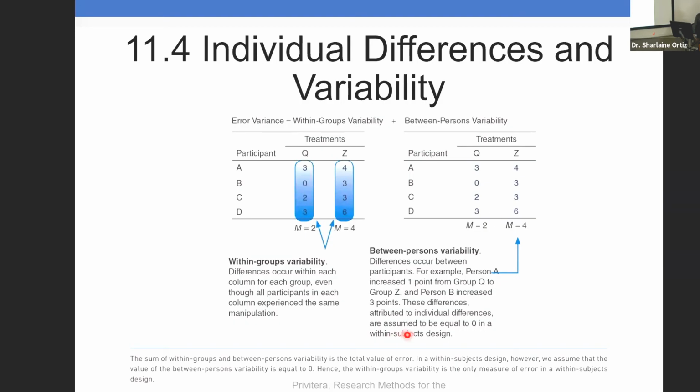Notice that here we have two potential examples. We have the within groups variability towards the left of your screen, and towards the right, we have between persons variability. Let's look at them individually for the moment. So notice in the within groups